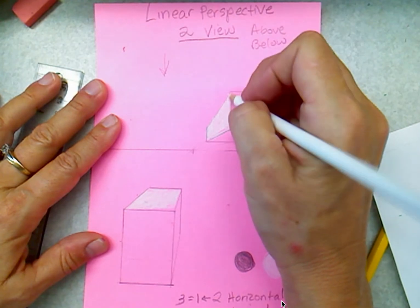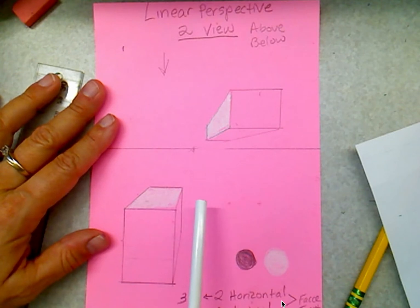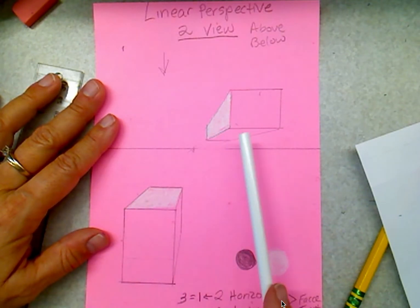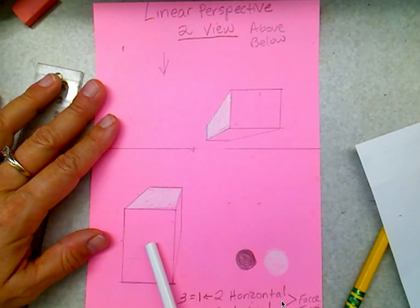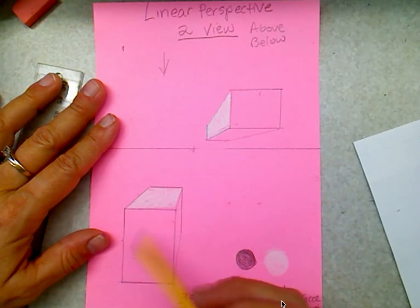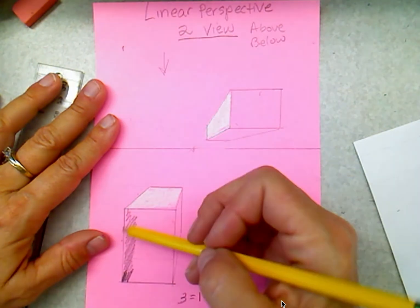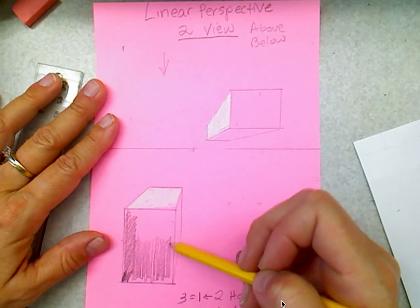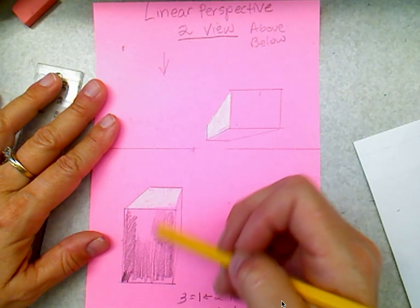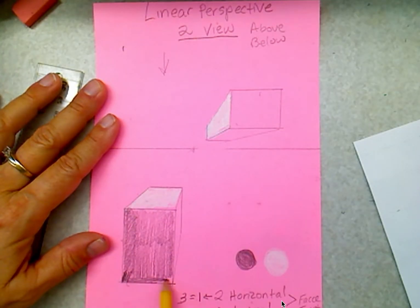Completely done. And I'm going to think, where would the darkest side be of my form? And I'm going to think probably down here would be the darkest, and this might be the darkest point side. I mean, I suppose you could argue, but I'm going to make my dark. This is going to take a little more effort to add in a darker tone value to my paper here. Boom. And I just wanted to show you this so you'd really understand the value of value